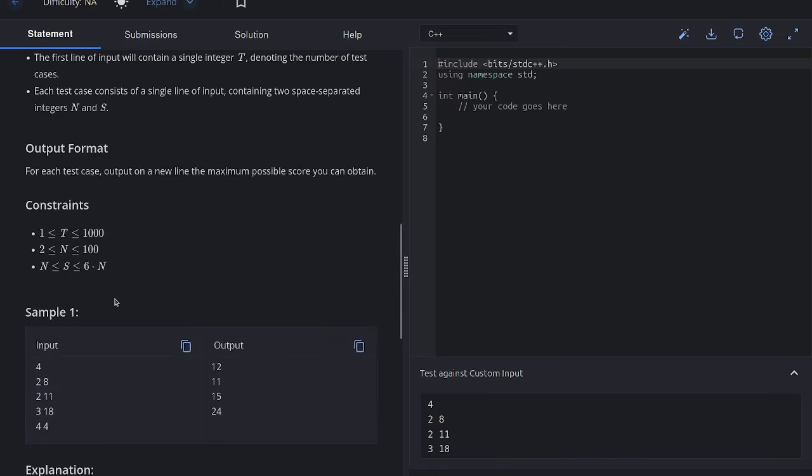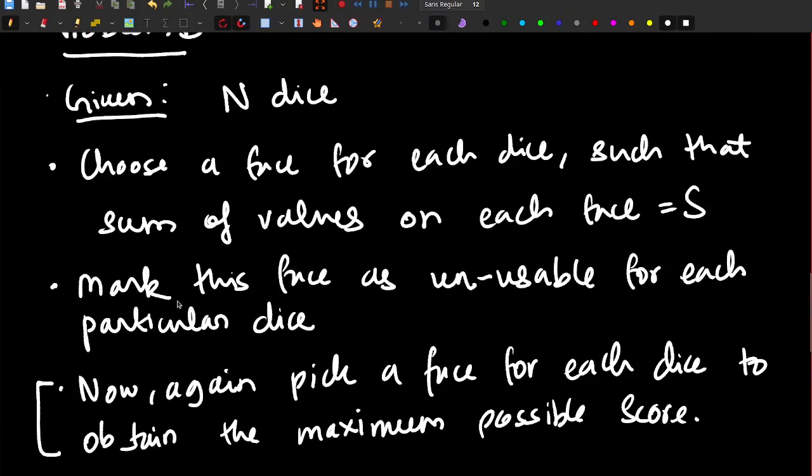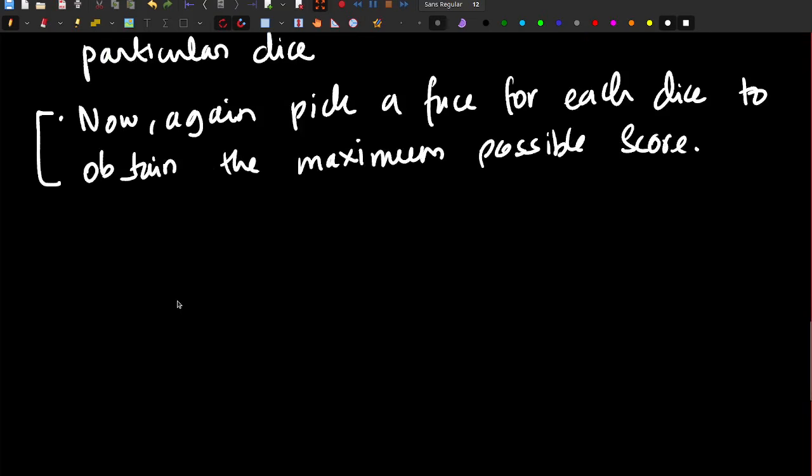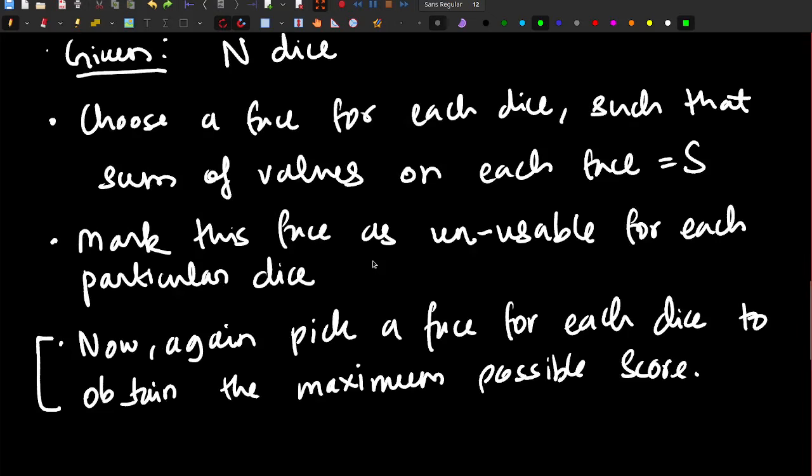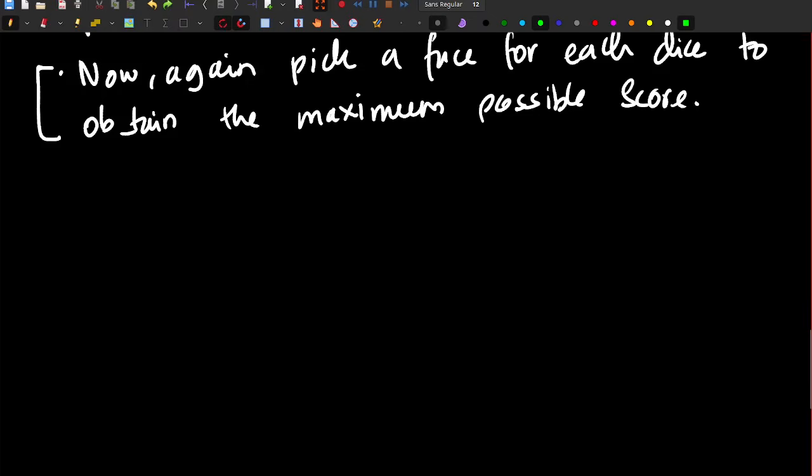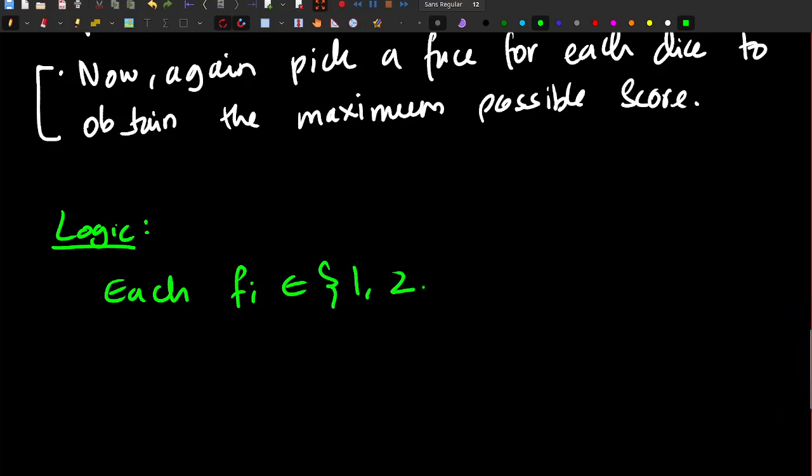N goes up to 100, again very small constraints. Even though it could be solved for much larger n, we have very small constraints. Okay, how do we approach this? So we'll break the logic down. For each dice, the face, we'll call it face of the ith dice, can be anything between 1, 2, 3, 4, 5, 6,